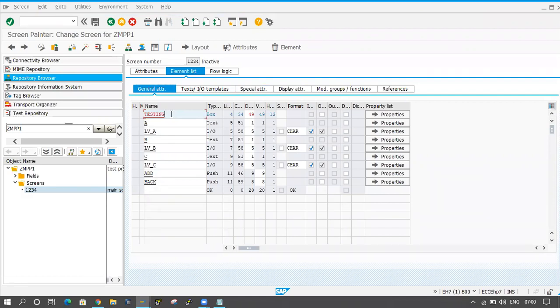You are giving A as a text field, so the type is text, and you are taking LV_A, which is the input or output parameter, so IO is coming here. Whatever you drag and drop on the screen, each and everything will come in the element list. You are also applying push buttons, add and back, so these two are coming here.